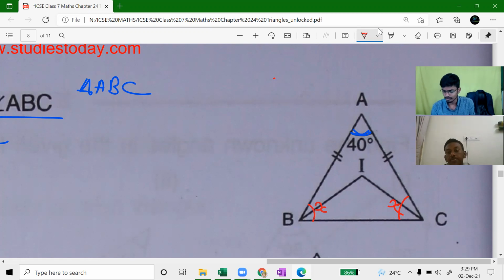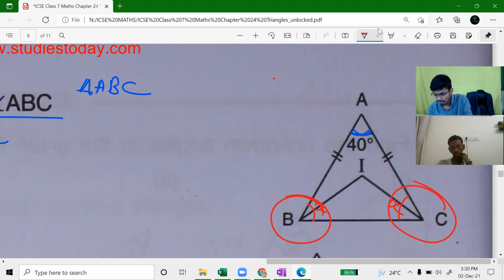Whatever you want to consider it as, X or whichever angle, you can consider it according to that. Now find out and tell me what the base angle is. You have 5 minutes of time. I have explained these types of questions many times. Now I want you to solve it within 5 minutes. Tell me what will be the base angle.